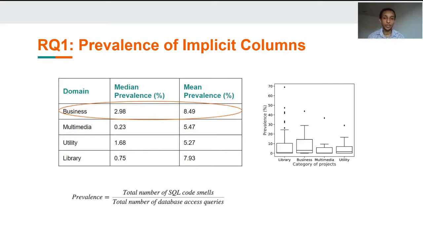In the graph, we see the distribution of implicit columns smells across those 4 application domains. There are some outliers which have a significantly higher prevalence compared to the average or the median. In those cases, the severity and the impact could be higher. To check the actual impact of these implicit columns smells, we randomly selected 98 of those smells and ran a manual analysis, and found that in 70% of cases, they queried more than 3 columns that are not necessary, and in some extreme cases, 15%, they queried more than 9 columns that are not necessary.